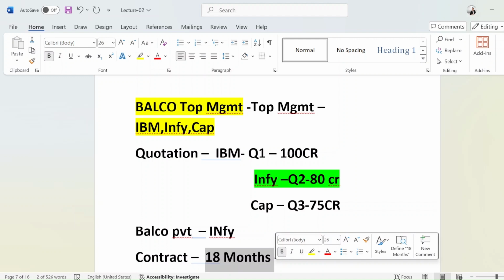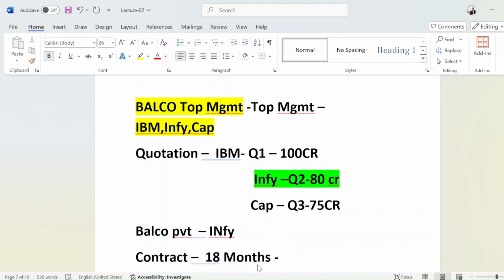So Infosys will do that E2E implementation from scratch. They will configure SAP for Balco as per their requirements, as per their business fulfillment. Let's suppose the contract is for 18 months.